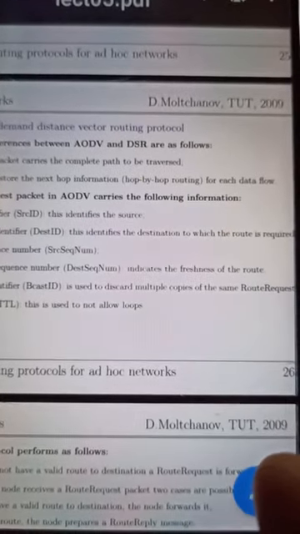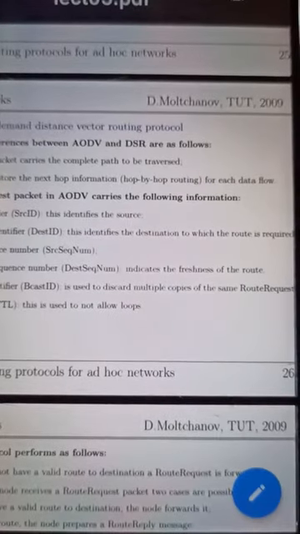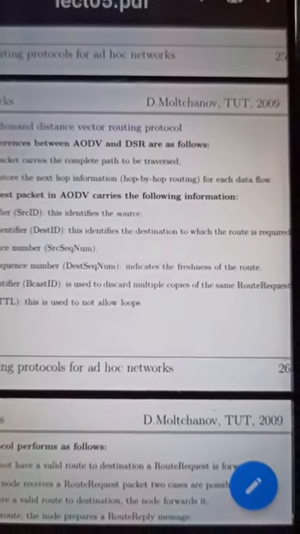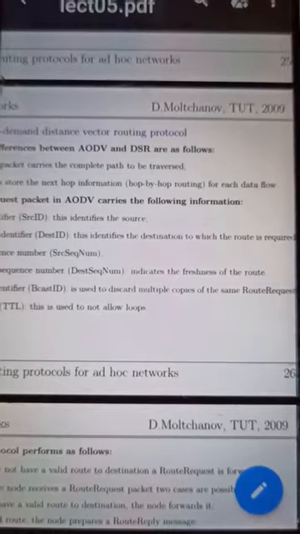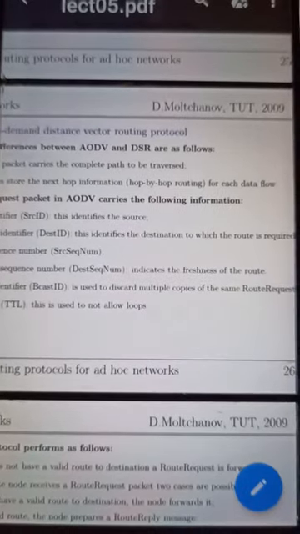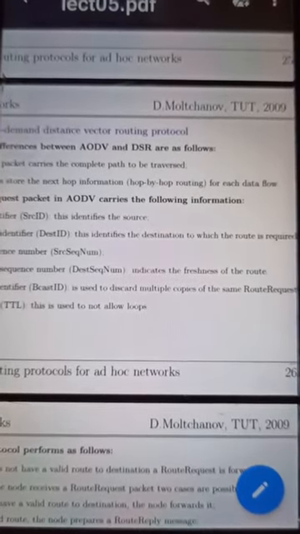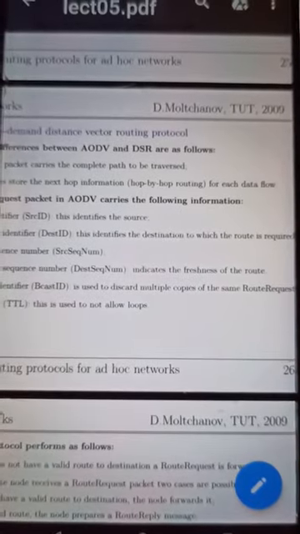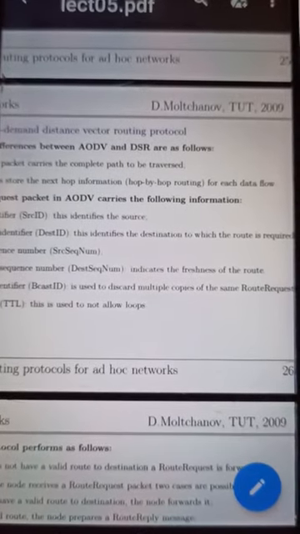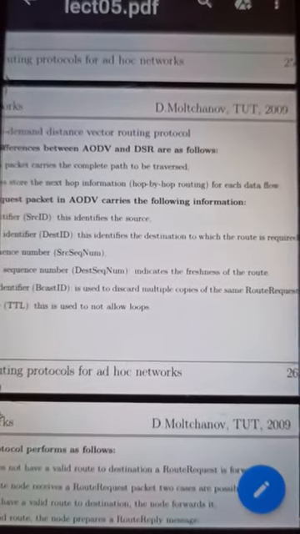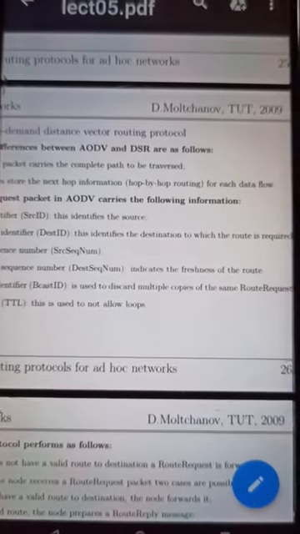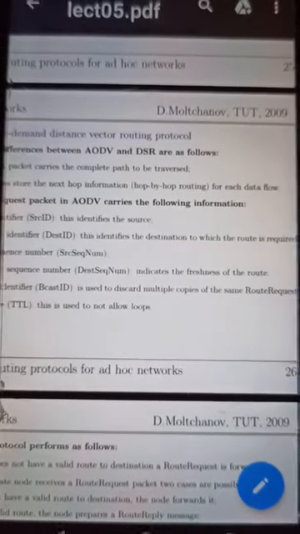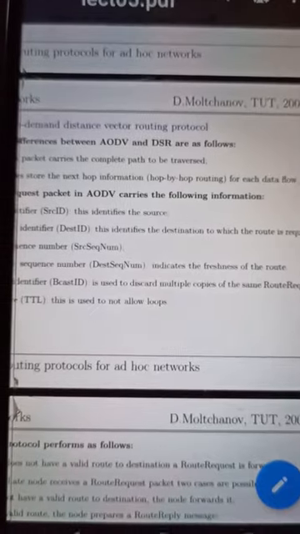freshness of the route. So if multiple copies exist on the path, then those copies are removed, and only the fresh, single copy of the data packet is traversed.